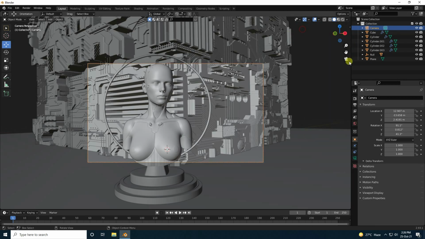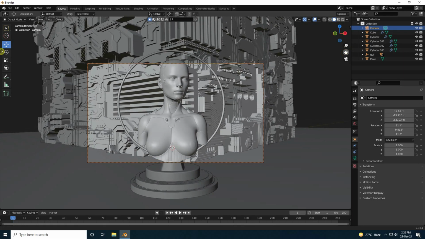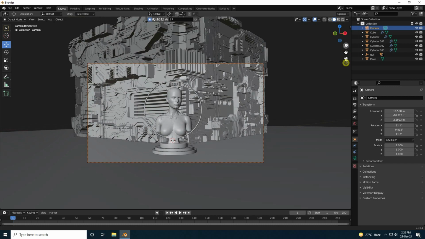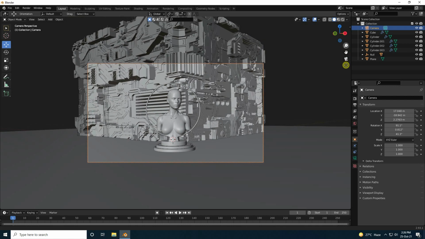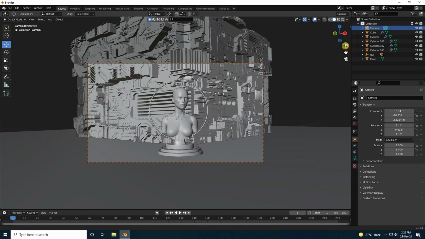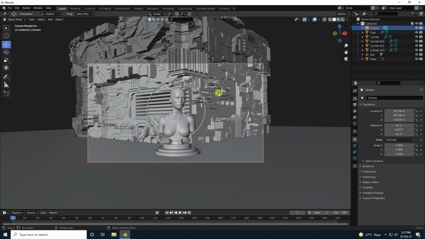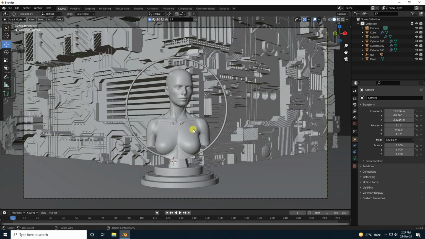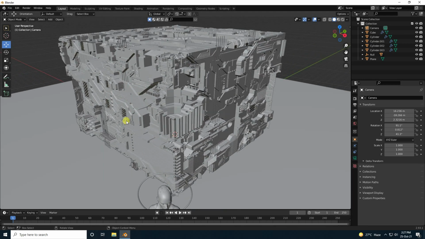Yes, so guys, change your camera angle, go to back like this. Yeah, it's good, and little bit closer. Yeah, see guys, that's my camera angle is really good. So guys, same camera to view, uncheck. Yeah, much better, right?